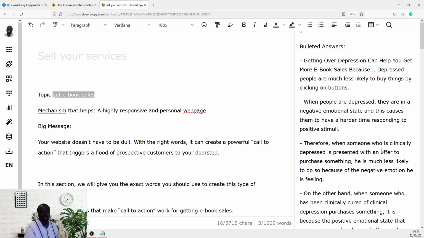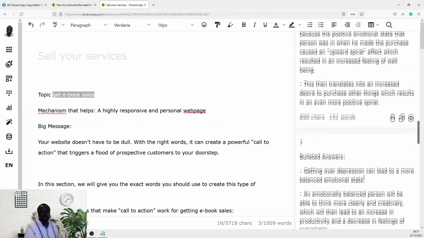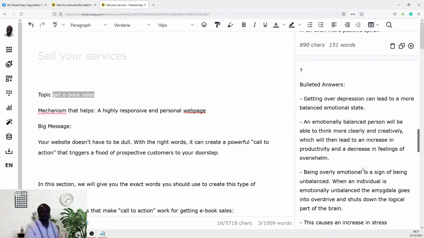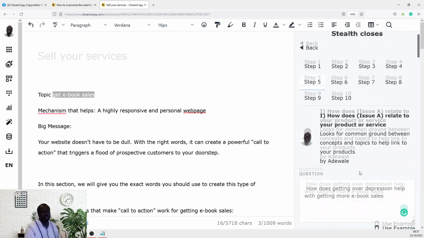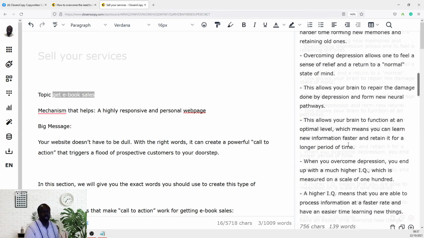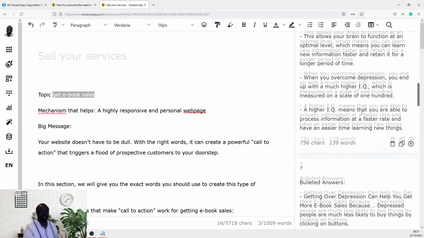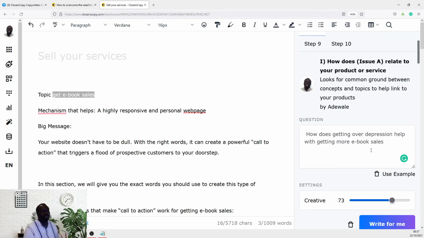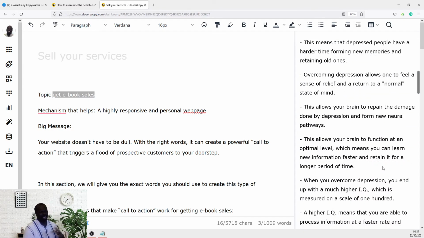Therefore, someone who is clinically depressed, so in a way, what it's tried to do here is show how being depressed can hinder someone buying your book. Okay, I know that I've sort of pushed the boundaries a little bit trying to link these two things together, but I'm just kind of showing you how